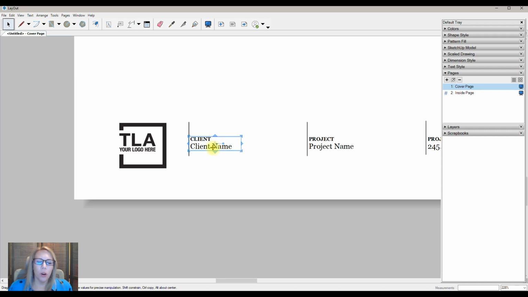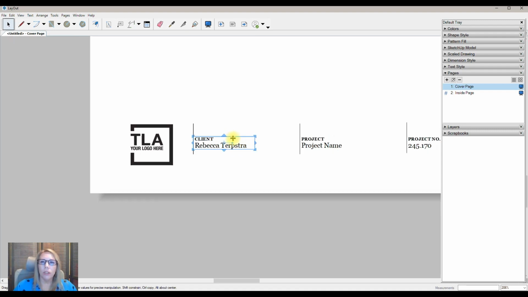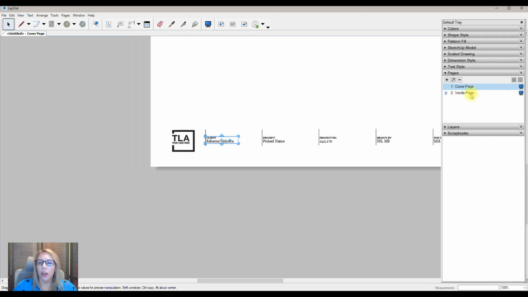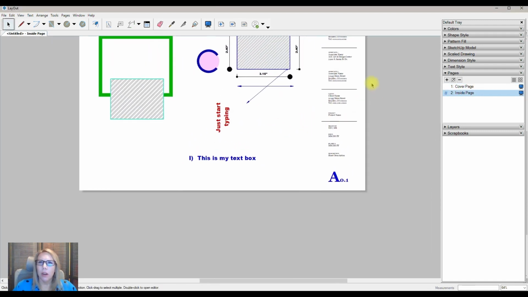I mentioned before we can change our text. Anything that came in our template we can change. I can double click on this. These brackets indicate that this is an auto text. If I want to change the client name here, I can. So maybe the client is me because I'm the best. I can do that. However, if I do that, that will not use an autofill for the client name on